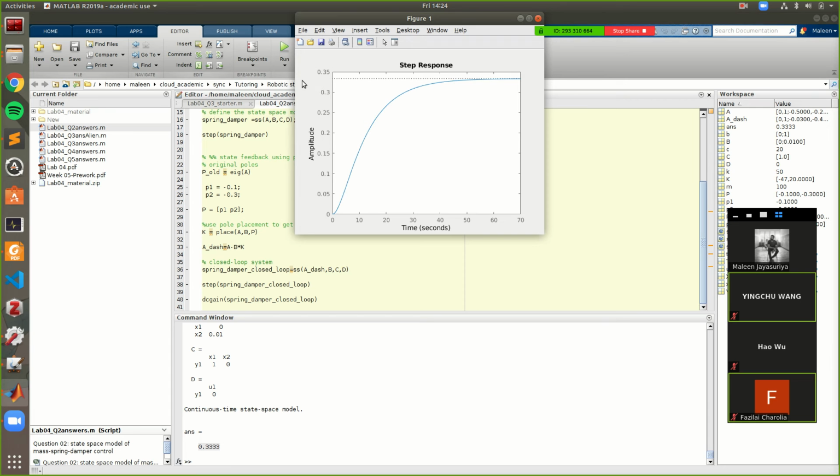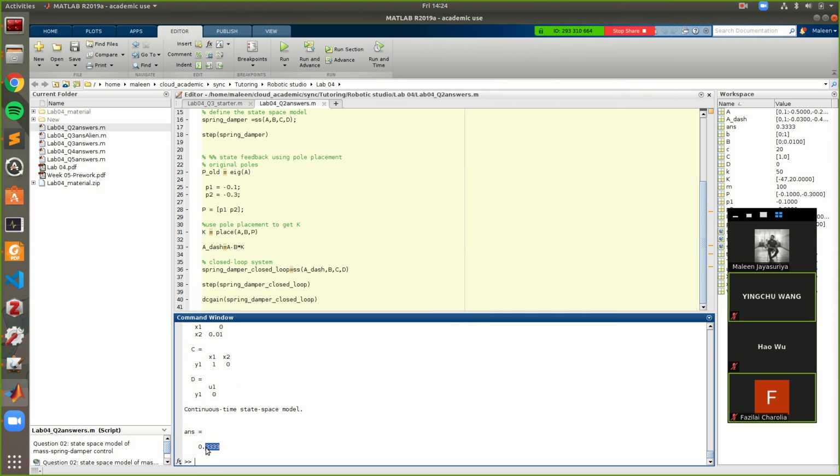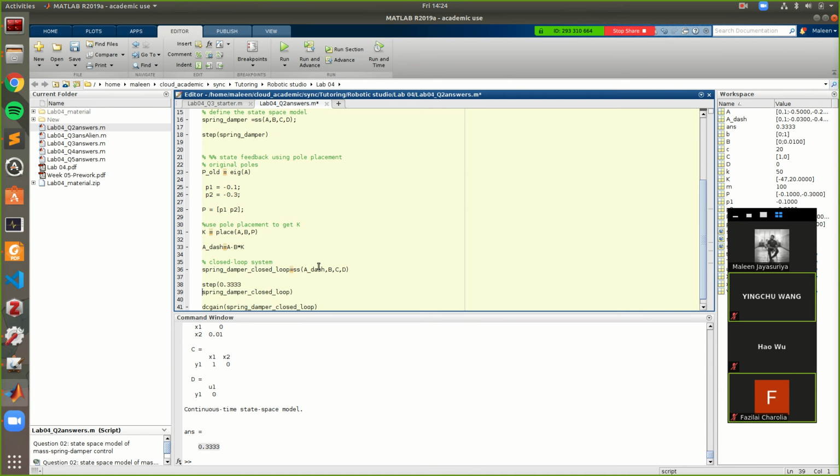So you have the DC gain of the current system, you take that 0.33, and if you multiply the system by 0.33,